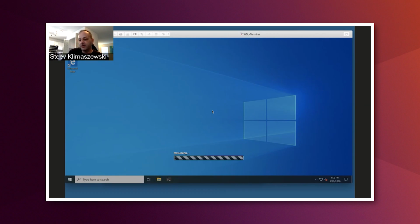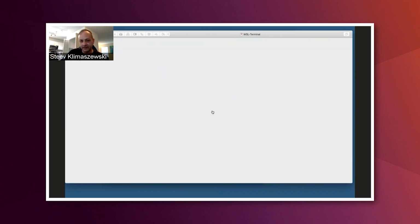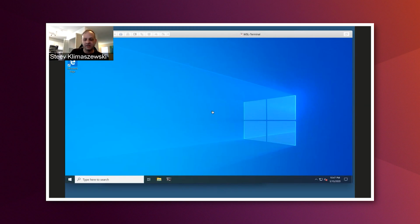So I'm going to go through a demo here. In this scenario, I'm playing the role of an attacker, and I've connected to this random Windows machine. I've phished the logins or whatever. I'm just a normal user, but one thing that I noticed when I connected,